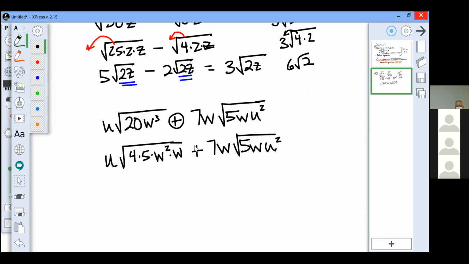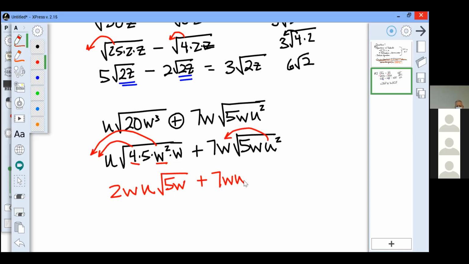I just want to rewrite it so I can be careful. So that's going to come out of there. And then we're going to bring out also a factor of w. So that brings us 2wu, because the square root of 4 came out and half of the 2 came out, leaving me with radical 5w. Okay, so the 5 and the w are not going to come out of there, but then the u is. So that leaves me with 7wu